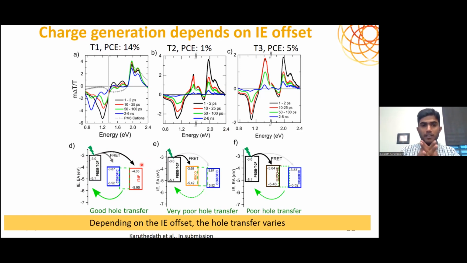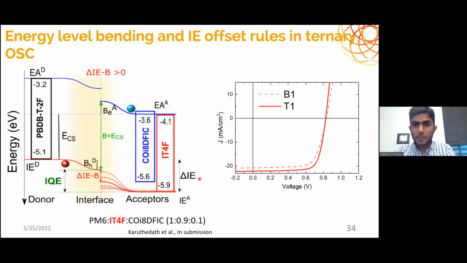when you have two materials together, they can kind of form together, and they change the IE offset together. So when you have a deeper IE offset material, it goes close to the deeper IE offset material, but still you will have a low IE offset here. This we proved by